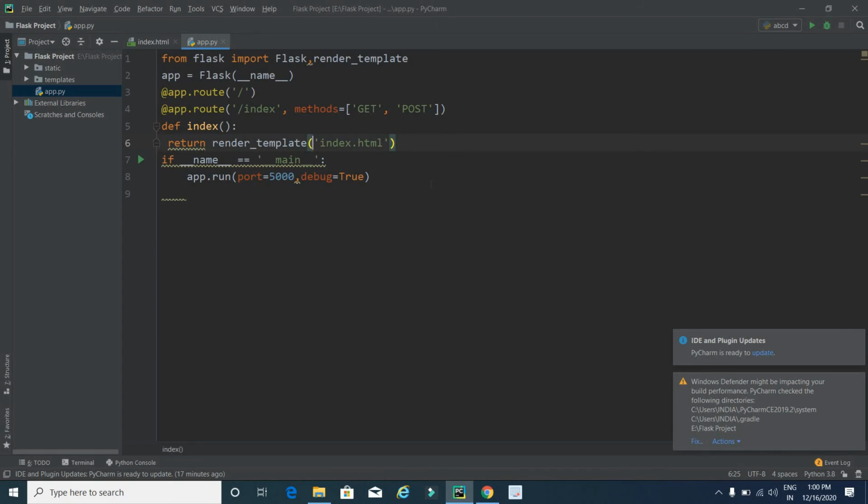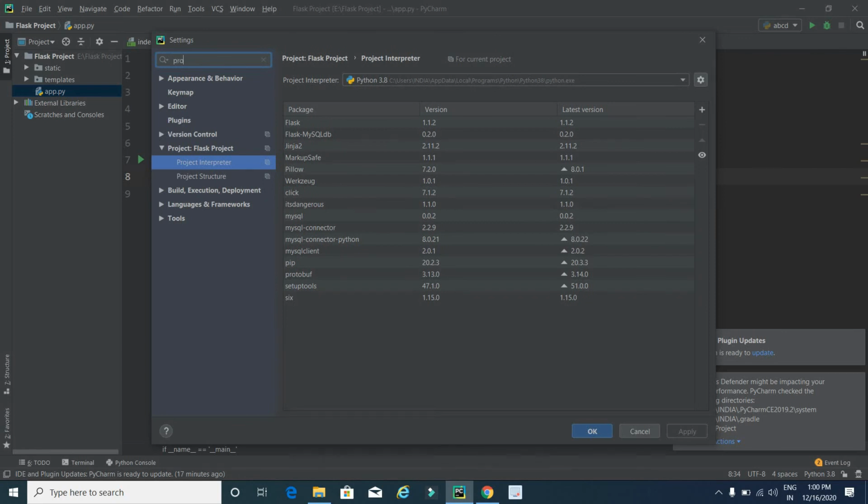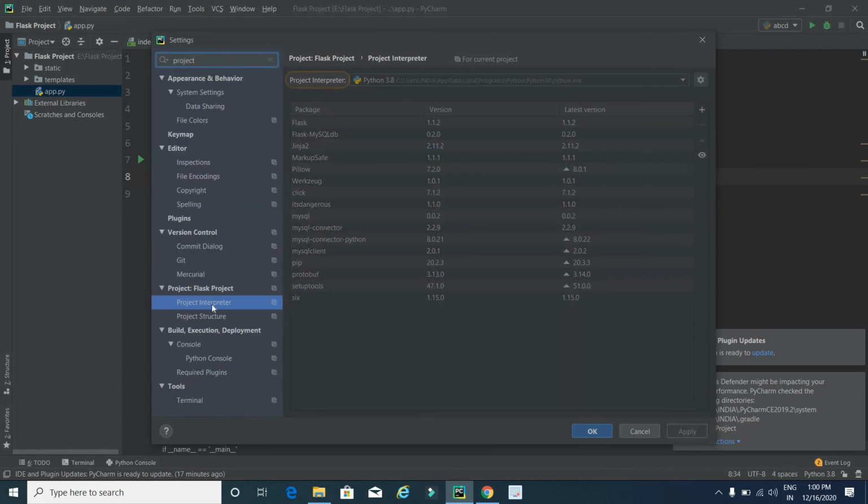So to install this library, you have to click on File, Settings, and here you have to select Project Interpreter. But suppose you are not able to view Project Interpreter, then you can also search here for project, and after that you will click here, and here you will get the list of all installed libraries in your project.